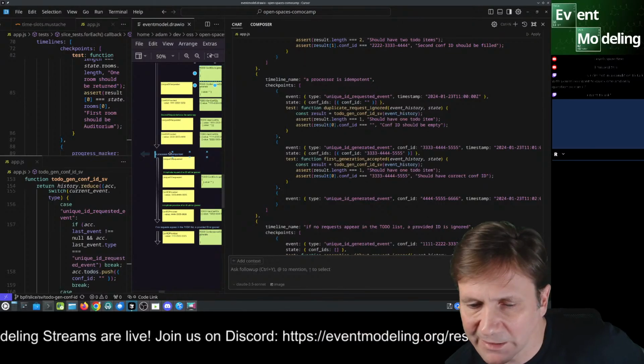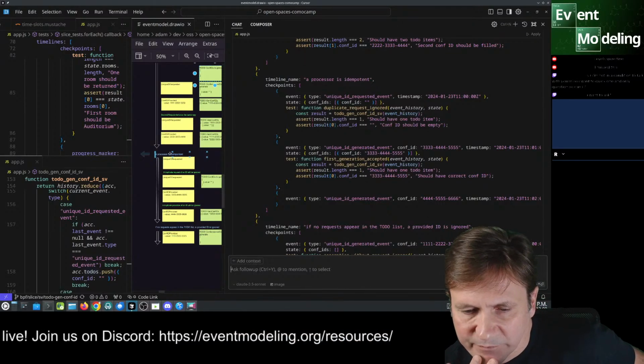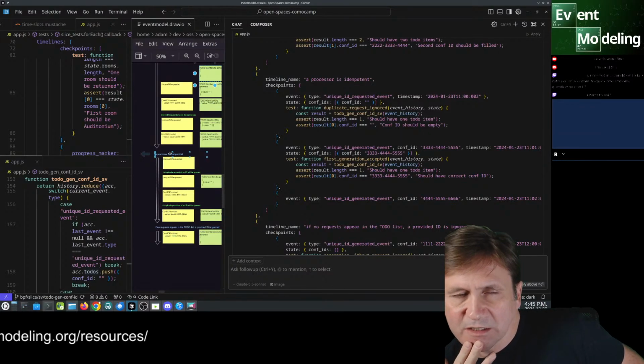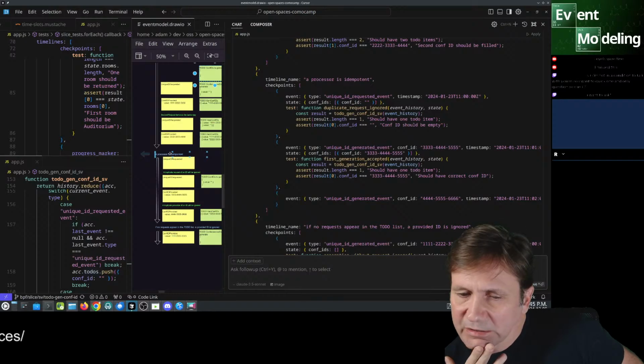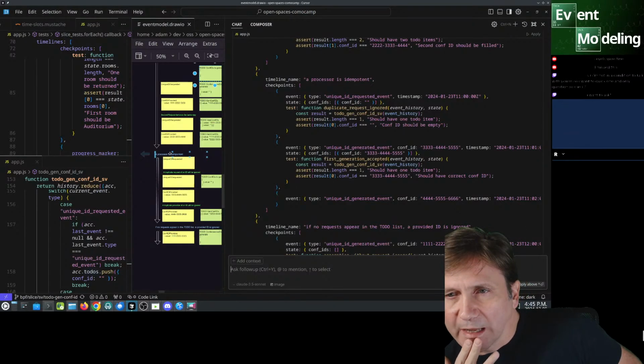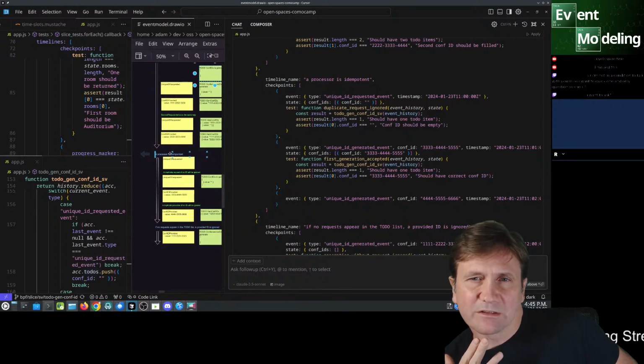I don't know if that's... Now, if I translate this to a JSON instead of an image and ask it to do that, it should be a lot easier, right?